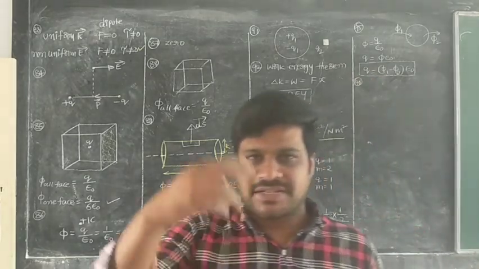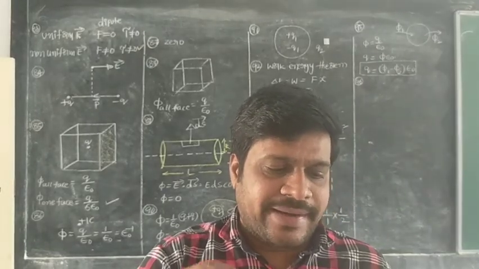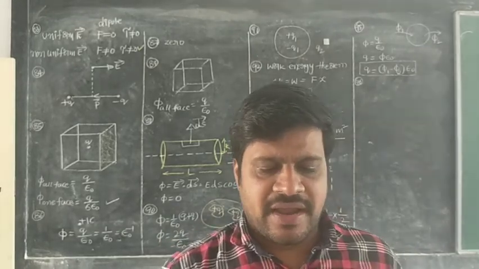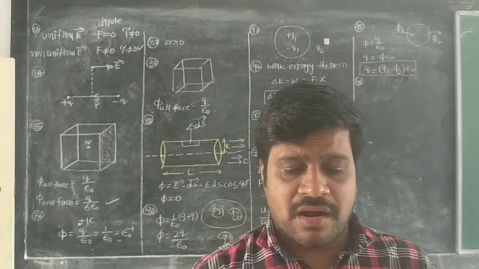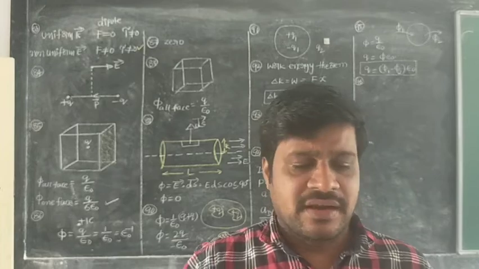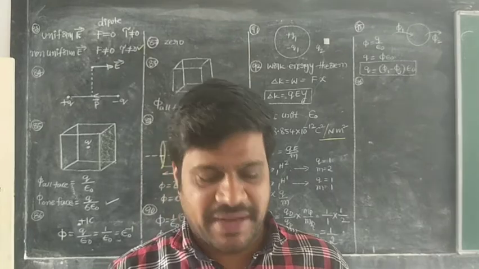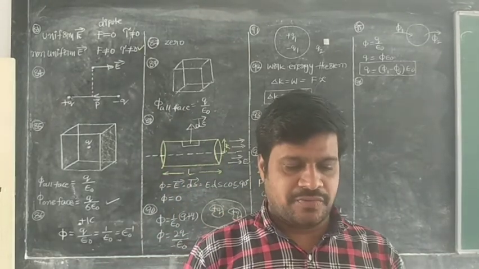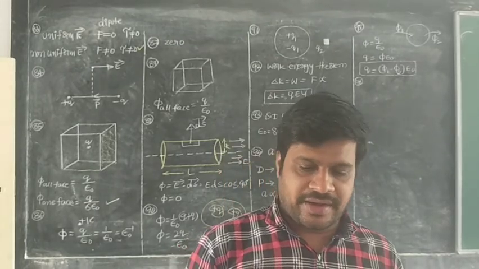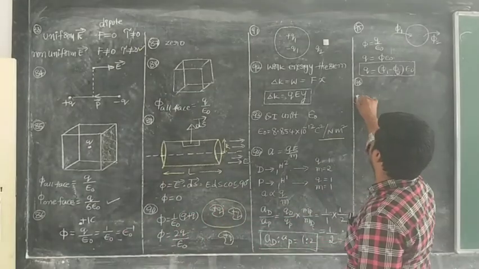A comb run through one's dry hair attracts small bits of paper. This is due to which one? The comb, on passing through the dry hair a number of times, gets electrified, charged. Because of that, it can attract the paper. So which option is correct? The third option is correct. Next, 97. 96 is theory based.